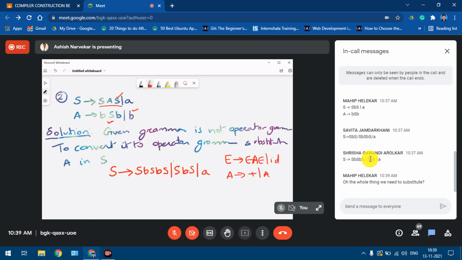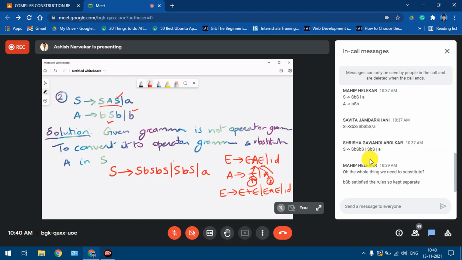We applied this first and then we applied this. So it resulted in E giving E plus E or E star E or ID. We have used this as well as this also. Same thing applies over here: this is after applying the first value of A, and this is after applying the second value of A. Is it fine?